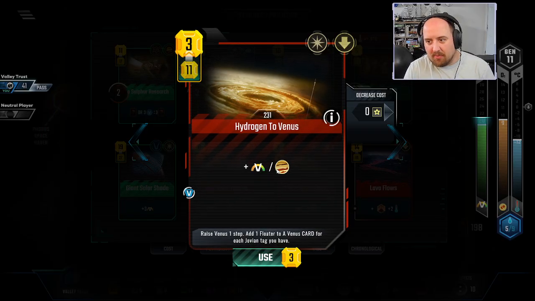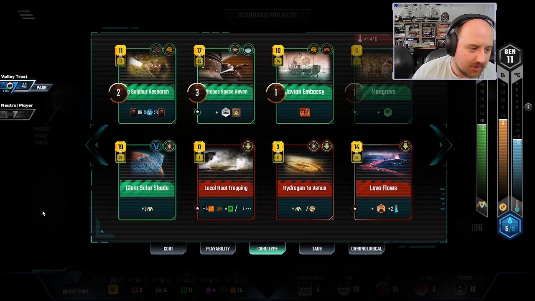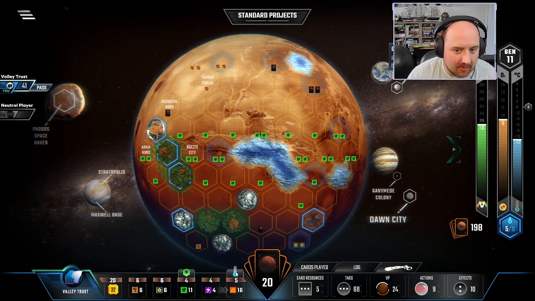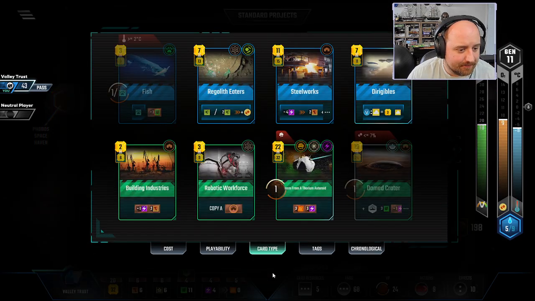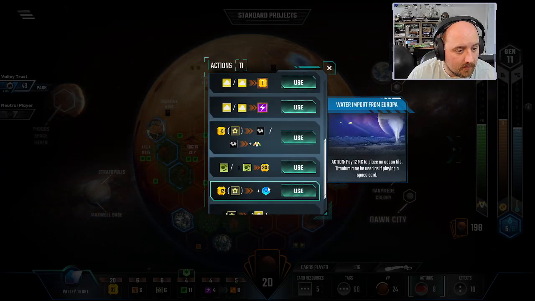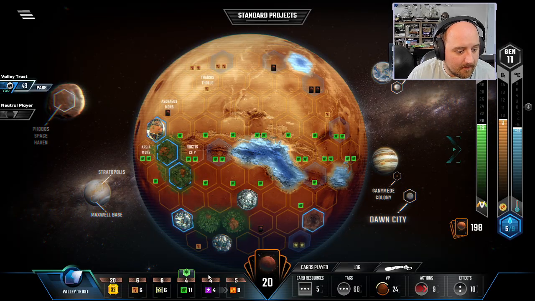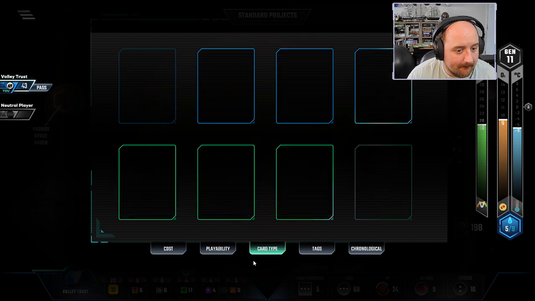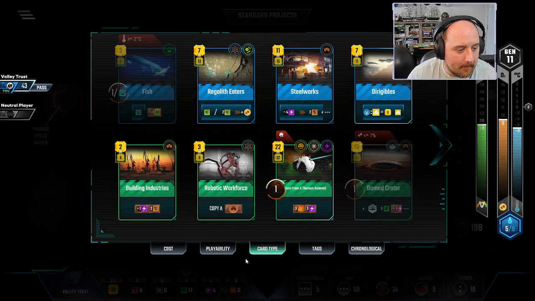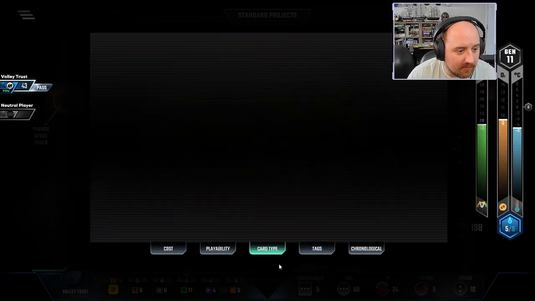This is bad symbology. This is add a floater for each Jovian. This depicts a Venus bump per Jovian, which is just categorically not correct. I don't know if I need that Venus bump yet. I think I need quite a few different things here, but...